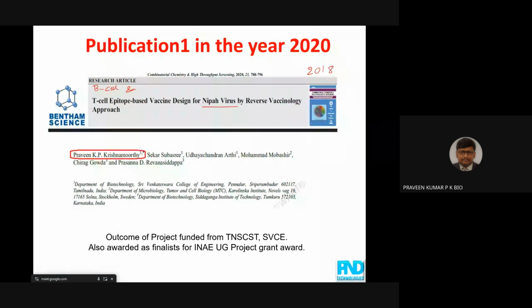Which state is getting more affected because of viruses? This is one more clue. Kerala. You forgot, I think. Okay, Kerala got affected, and nearly 18 people died because of Nipah virus.